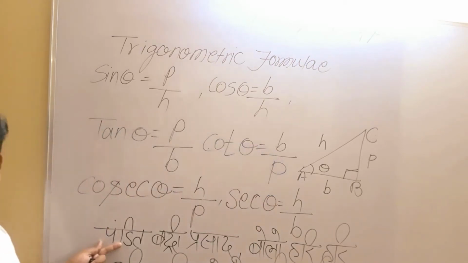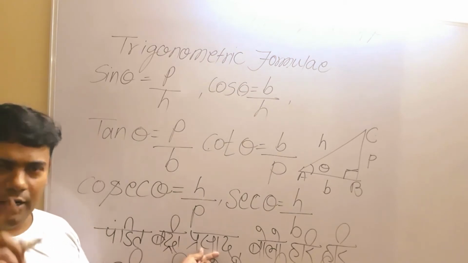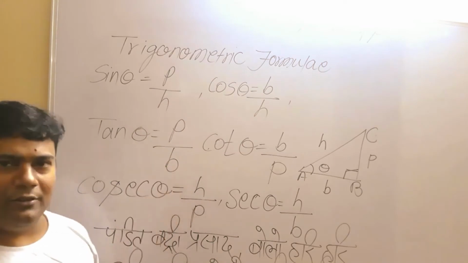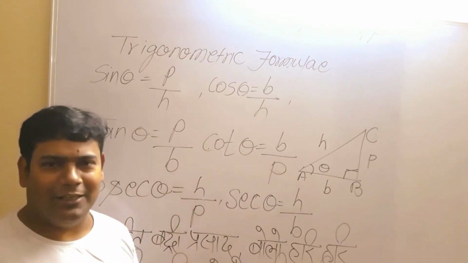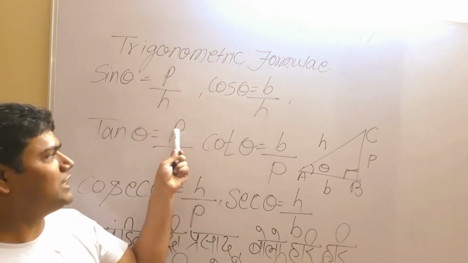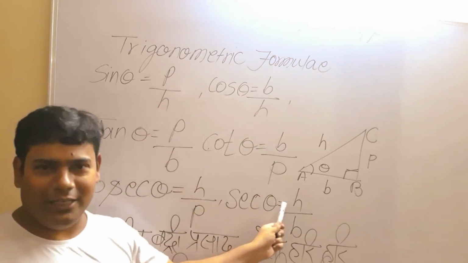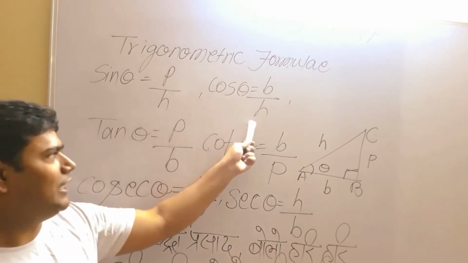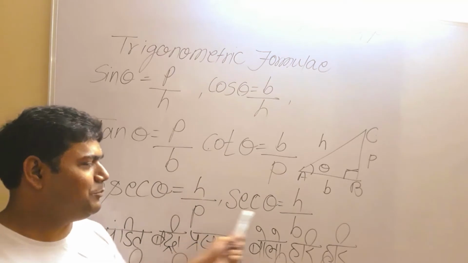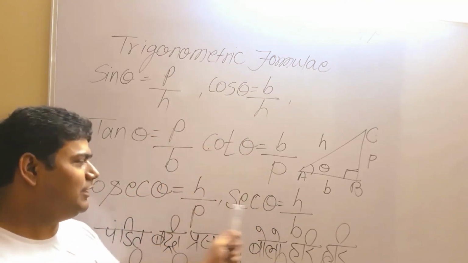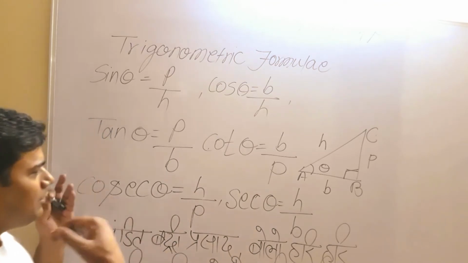Here Pandit stands for P, Badri stands for B and Prasad stands for P. So we can write Pandit Badri Prasad Bolo Hari Hari, the numerator 1. How? Once again, Pandit Badri Prasad Bolo Hari Hari, and in the same way we have to take in the denominator Hari Hari Bolo Pandit Badri Prasad. In this way we can memorize it.